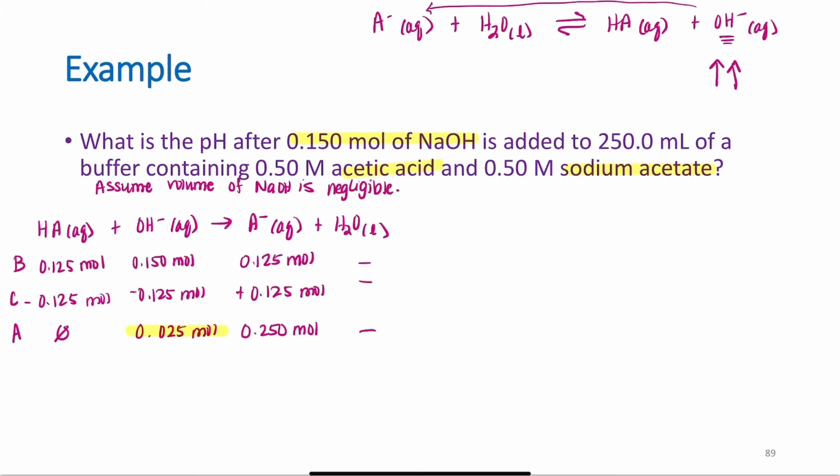What that really means is very little, if any, of that A minus is actually going to be able to successfully react with water to produce HA and OH minus. It's going to be in such a negligible amount that the pH of the solution is going to be completely controlled by the presence of the hydroxide from the strong base. So I take the moles left over from that strong base, divide it by the volume of solution,